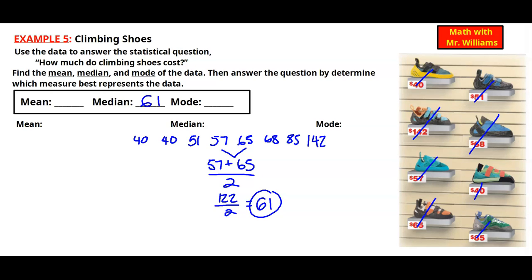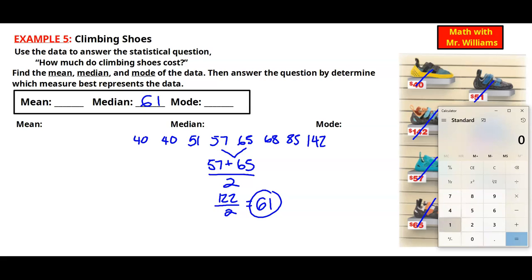So for the mean, all I need to do is add up all the numbers that I just put in order. So I have 40, 40, 51, 57, 65, 68, 85, 142, all added up. Let's do that with our calculator. So we start off with 40 plus 40 plus 51 plus 57 plus 65 plus 68 plus 85 plus 142. That'll give me a total of